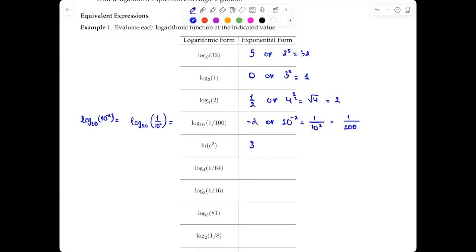The next one is log of base 4 of 1 over 64, very similar to log of base 10 of 1 over 100. You rewrite the logarithm a little bit. So 64 is 4 raised to the third power. 4 squared is 16, right? Times another 4 is 64. So this is log of base 4 of 1 over 4 cubed, or this is log of base 4 of 4 to the negative